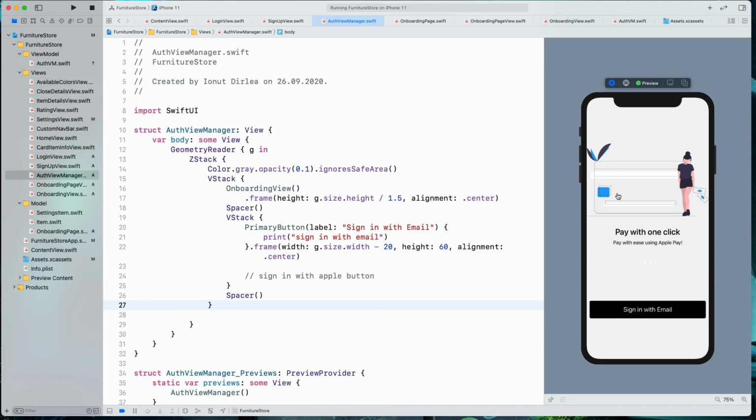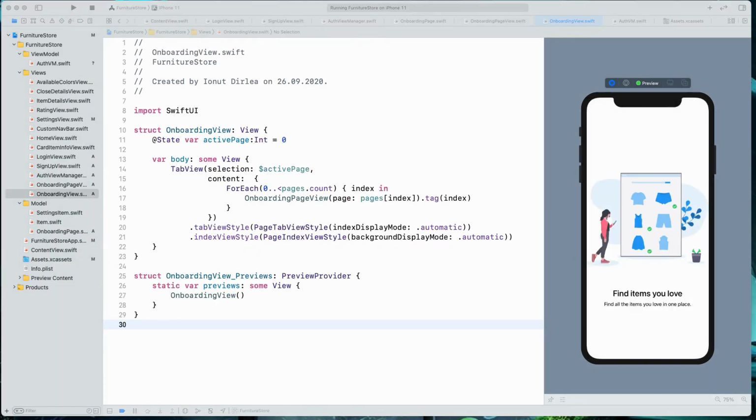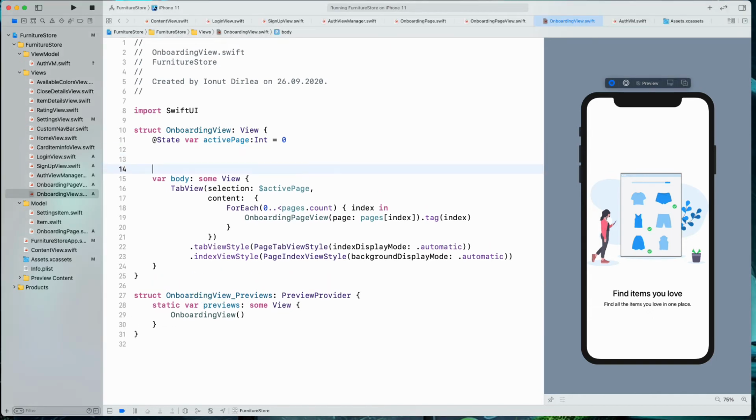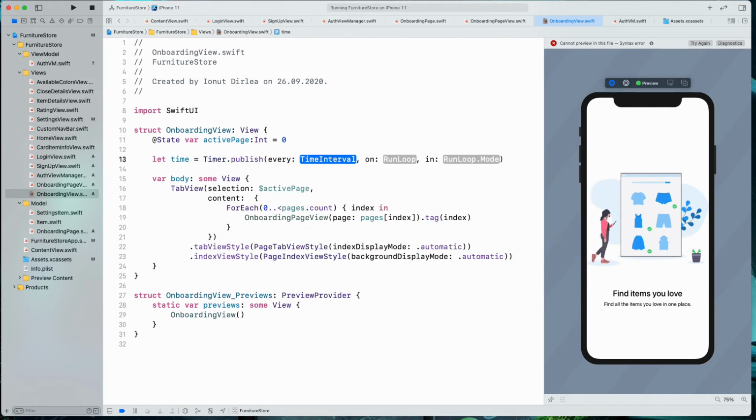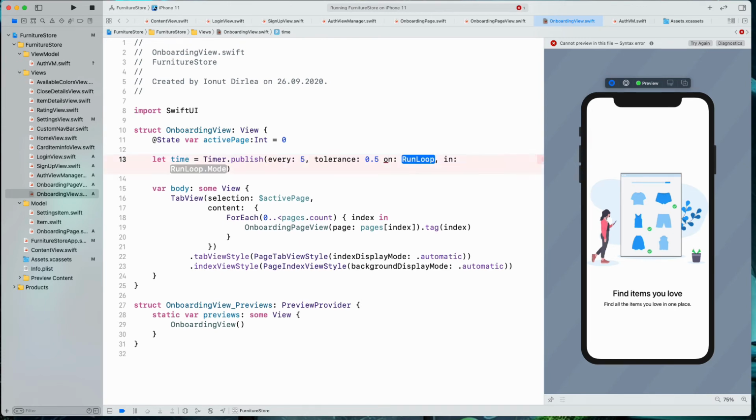I want this onboarding to go by itself. So let me just go back to the onboarding view. And you remember we implemented a timer in one of my videos. We're gonna do the same over here and we'll say let timer equals timer.publish, and the interval will be 5. We're also going to add a tolerance of 0.5. It will run on main